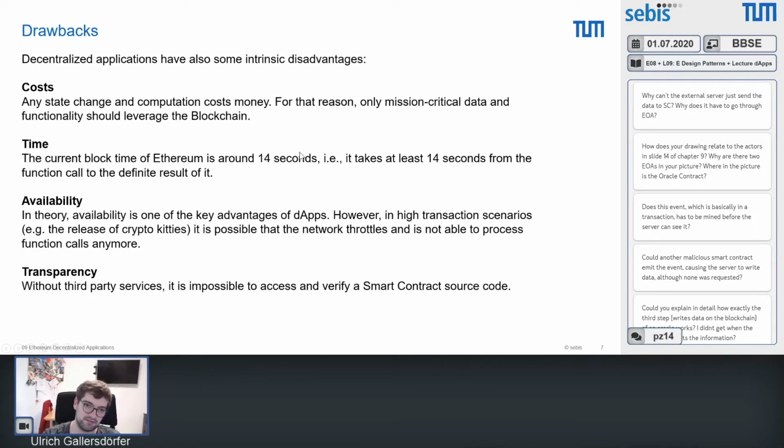Okay, the drawbacks are obviously there: it costs money. As you saw in the exercise, 3,600 Ether was paid in transaction fees every day. That's really a lot of money, and it rose a lot in the last weeks. The transaction time is also 14 seconds, so if you want to, for example, gamble on a blockchain, play blackjack or something like that, that isn't really